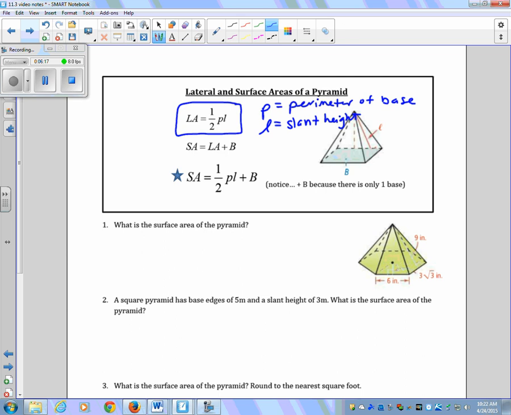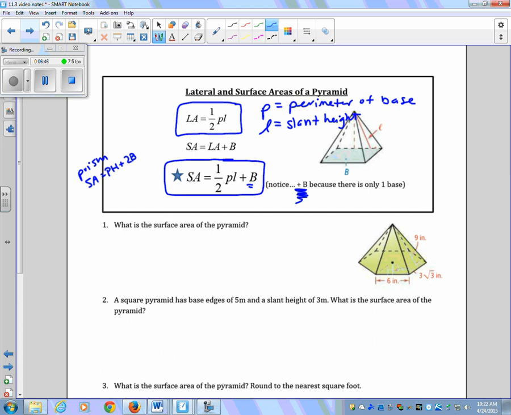To find the total surface area, all you're going to do is add 1B, because there's only one base. So remember, with prisms, it was surface area equals PH plus 2B, because there were two bases. Now it's just plus 1B, because there's one base. Now, this 1/2 PL,